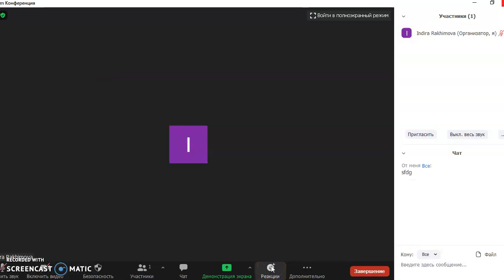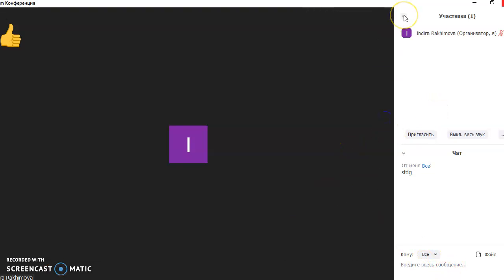Then you can also send reactions. Different kinds of reactions are given here. Hooray, or claps, or good job. Yes, you can send them. Then you can also, if you close this,